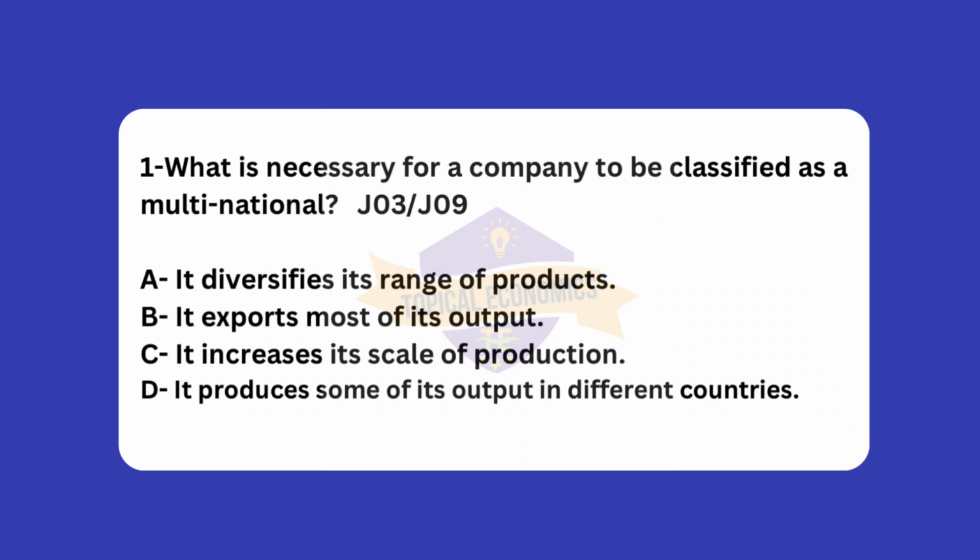Coming to option D, produces some of its product in different countries. This is a core characteristic of an MNC, as it directly indicates that the company is involved in international operations and manufacturing, which is essential for classification as an MNC. So the answer for this question will be option D, that is, it produces some of its output in different